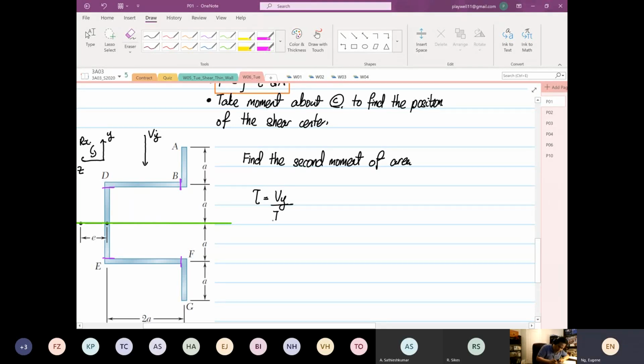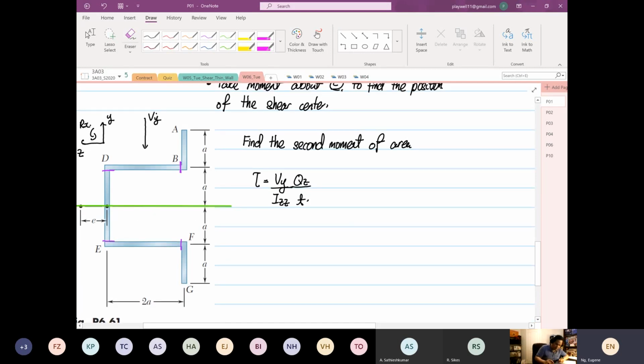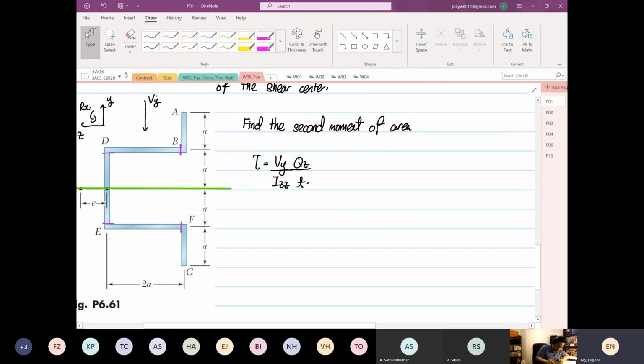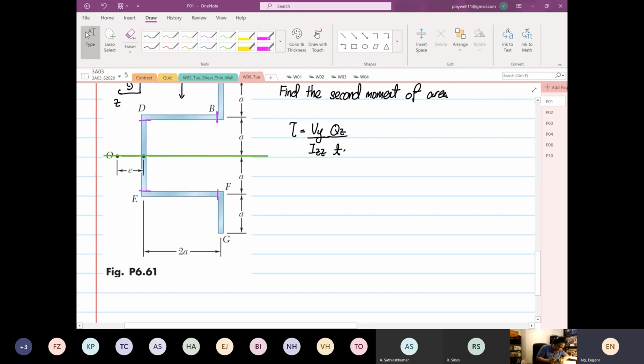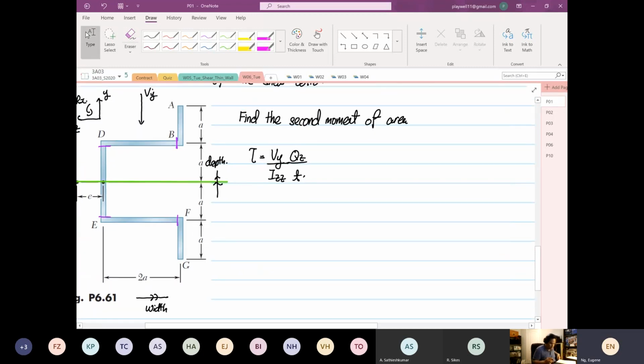Over IZZ, right? QZ divided by thickness. So from here, we have to find IZZ. Once we are locating IZZ, we know that this direction is our width, and the perpendicular direction is the depth. Right, so we're going to start. So we know that this will be equal to twice